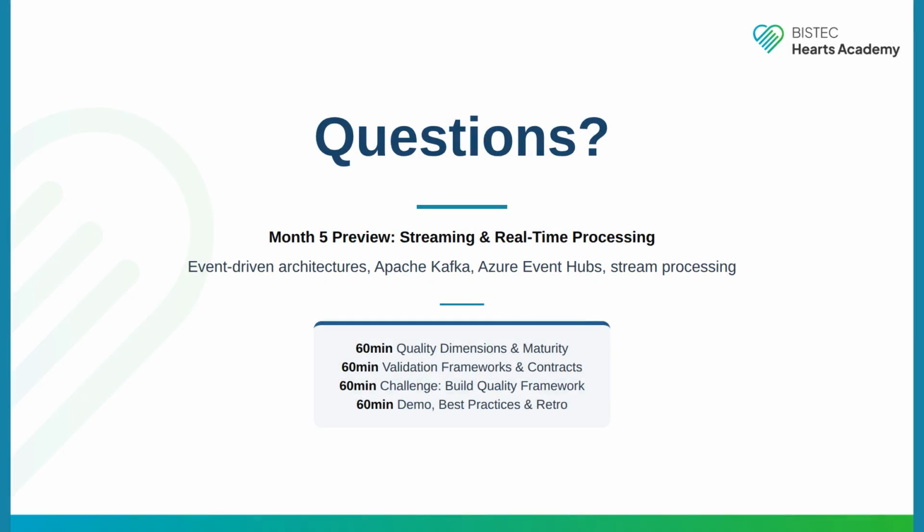Let's wrap up. Today you learned to measure data quality across 6 dimensions, implement automated validation with Great Expectations, define data contracts that formalize producer-consumer agreements, and set up monitoring to catch issues before they reach your consumers. The key takeaway is this: data quality is not a one-time project. It's a continuous practice that must be embedded in your pipelines, your CI/CD workflows, and your team culture. The tools are available. The patterns are well established. The challenge is making it a habit.